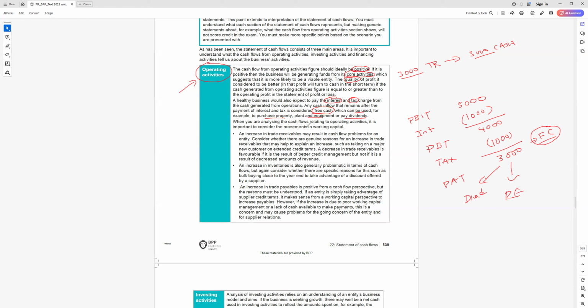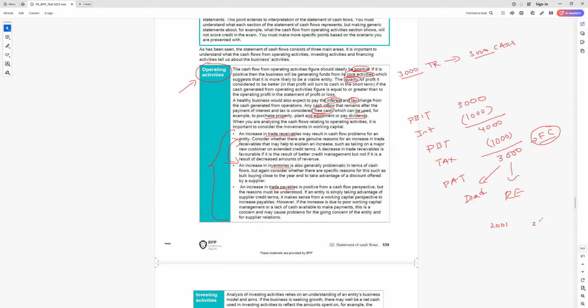When you are analyzing the cash flow relating to operating activities, it is important to consider the movements in working capital. Now, we already know the movement is the combination of three things. So you have trade receivables, we have trade payables, and inventory. Now, these two are very much linked because the way we do the treatment, we do the same way. So if the trade receivables is decreasing, normally there is a cash inflow. For example, in